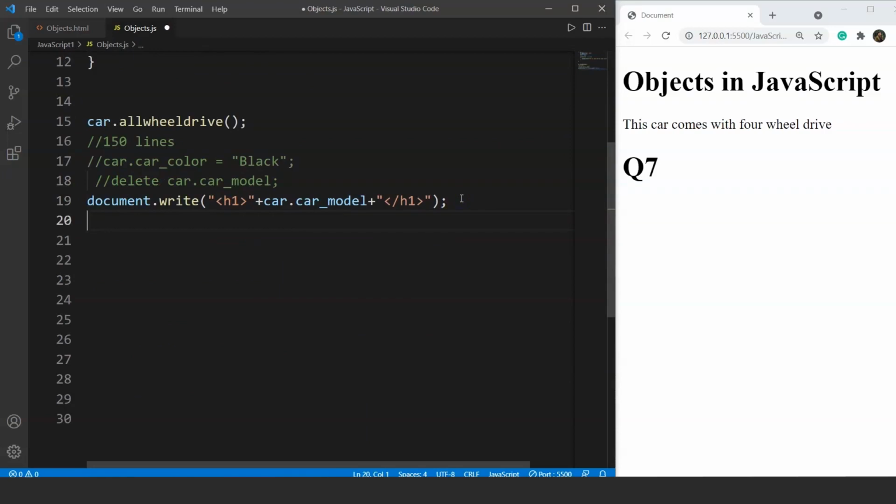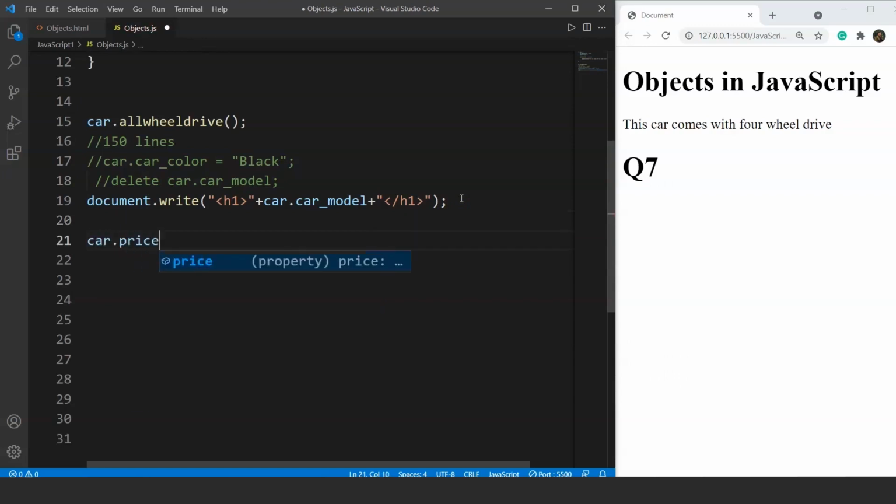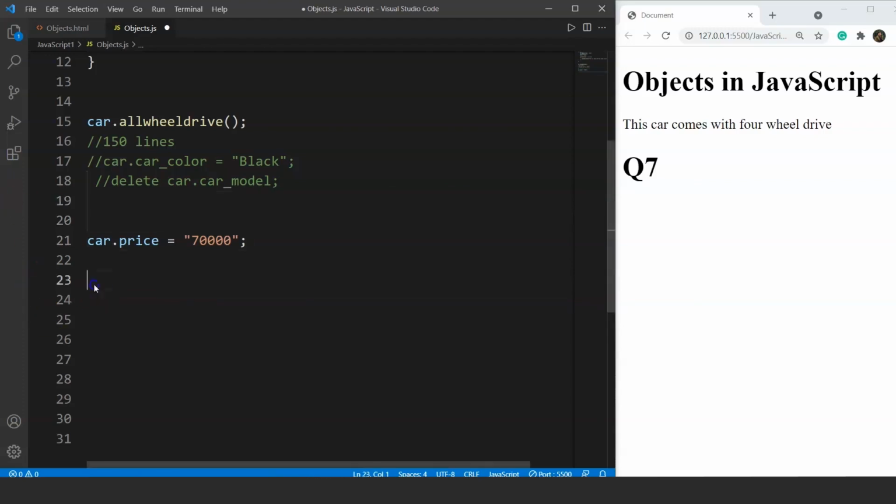What we have to do is we have to write here car dot price and update the value here. Let's say we are using "70,000" and we have to put here a semicolon. It's the same thing we do to update the value of a particular variable, right? So if we try to print the value of price now, we'll get the output as 70,000. Let's try to print it on the browser. So we'll cut it from here, we'll paste it here and we will print car price. Save it now. See, here you can see it says 70,000.